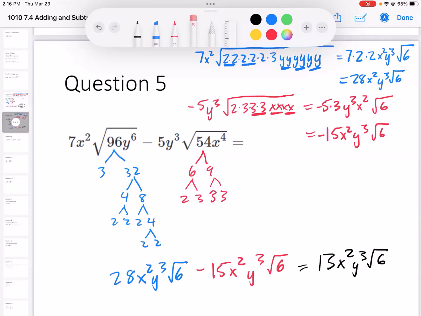You would just leave it like this. I think in this lesson, they're going to design all the questions so that you can combine them. So I don't think it will really come up in this homework, but you would just leave, like if this was an X,